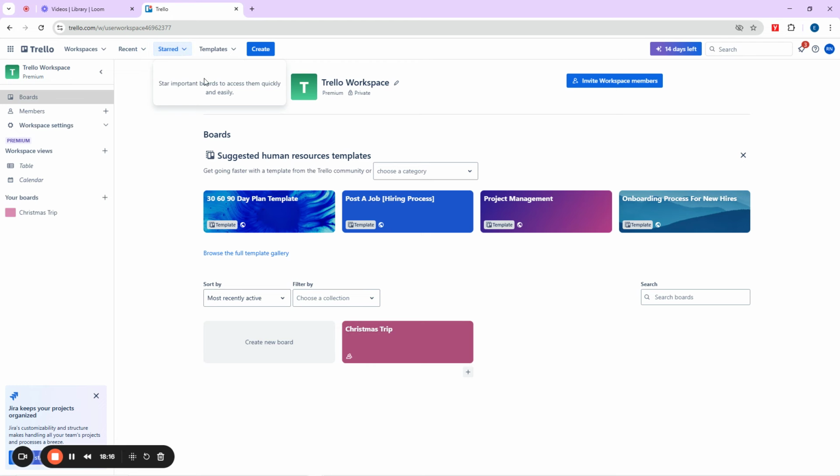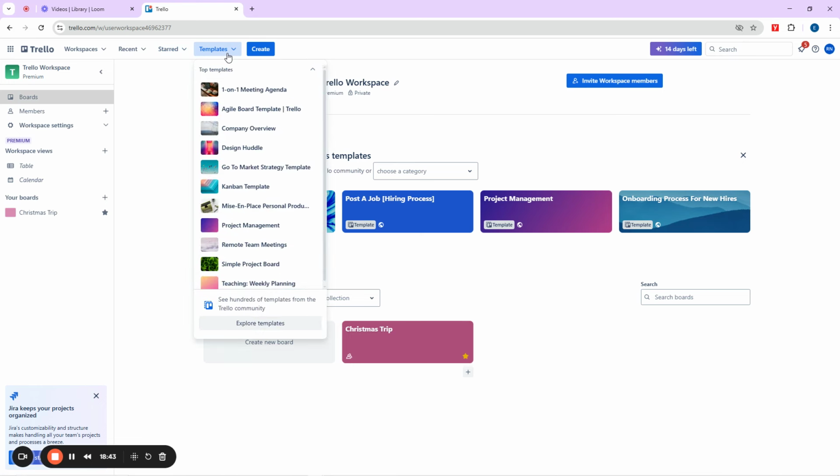You see that my start here is empty at the moment. There's nothing here. It's blank. But if I come to my recent now, I already have this project or my board. If I click on this star here, and I come back here, I will see it here, right? I can still remove it by clicking on it again, and then it will leave there. I can click here again, and it will go back to my start. That is just how this one works.